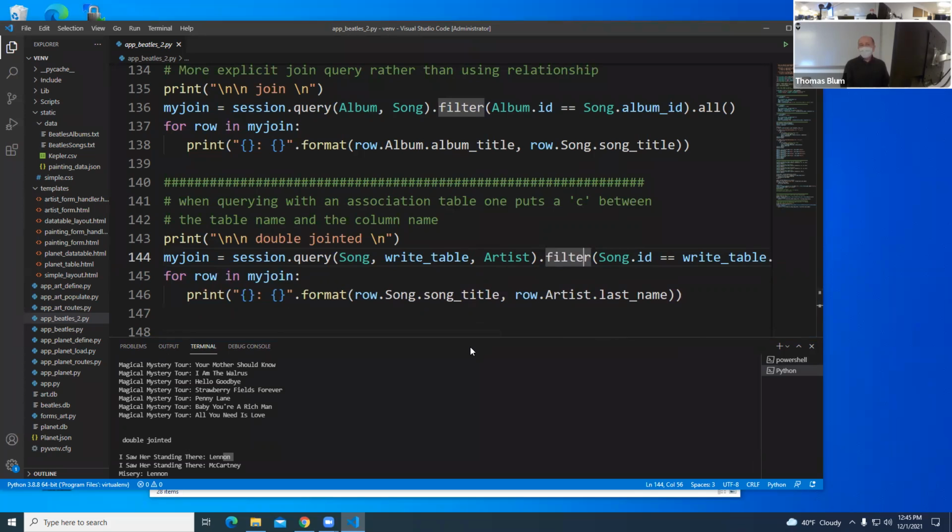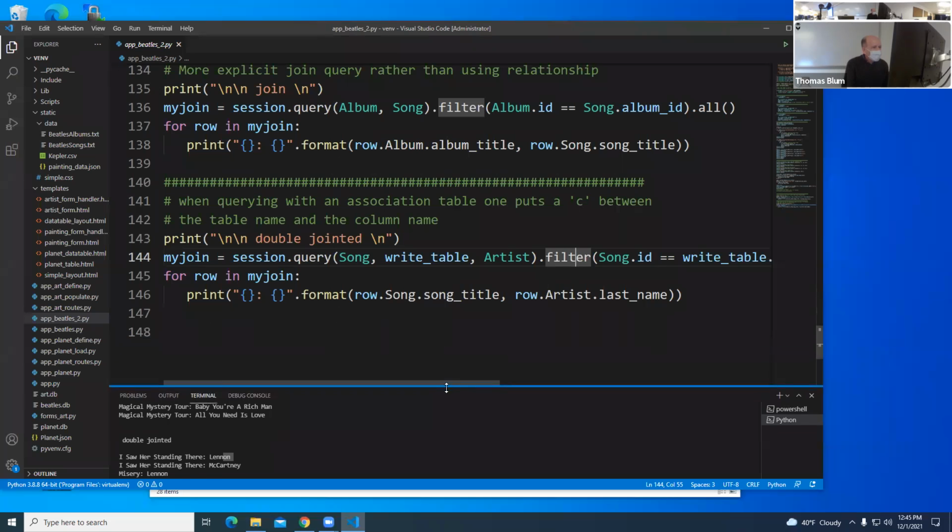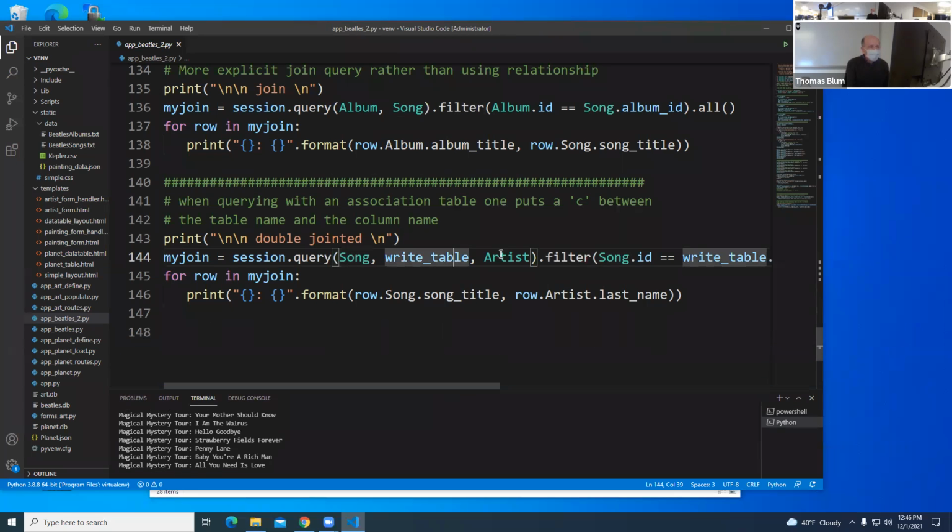But that's an explicit join where, instead of relying on the relationship, you rely explicitly on working with the filter, which is the IDs. So we can explicitly work between multiple tables, or we can work with one table and its relationship to other tables. So we've got two ways of doing these things. I didn't want to shortchange you and show you only one way.